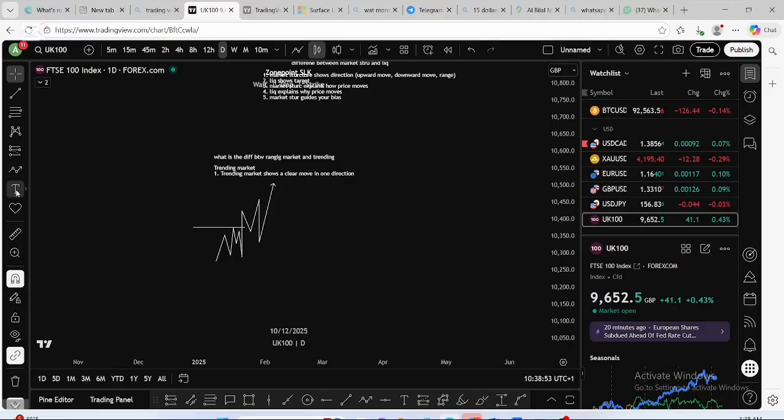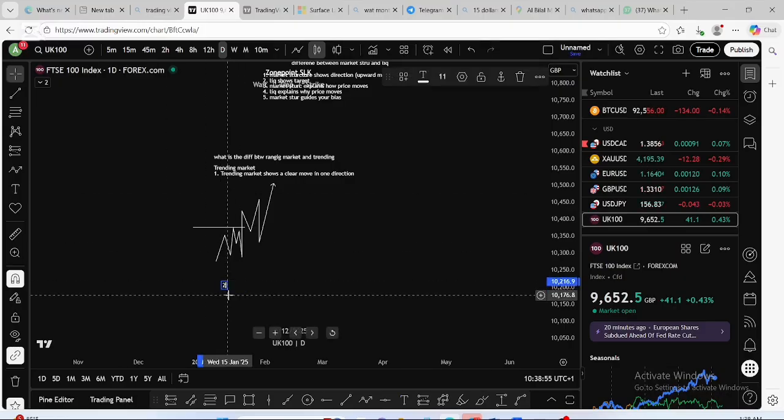So that brings us to 2. Point 2 is that in a trending market, we have 2 types of market, which is uptrend and